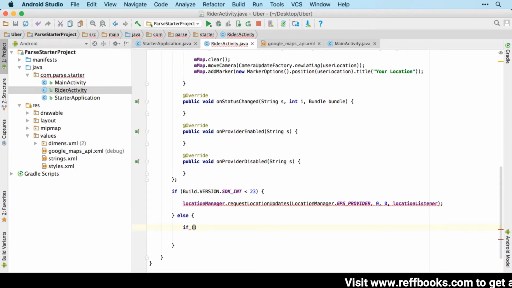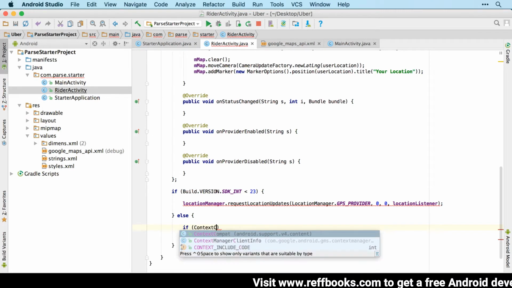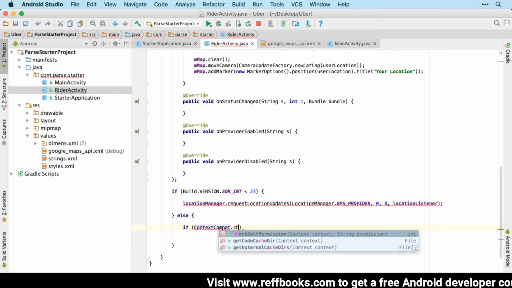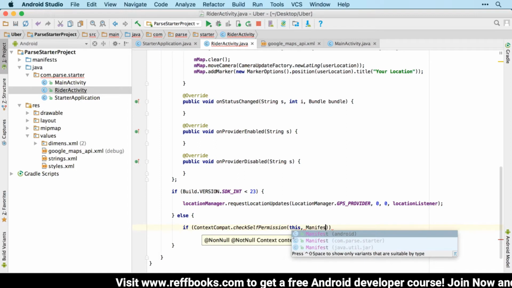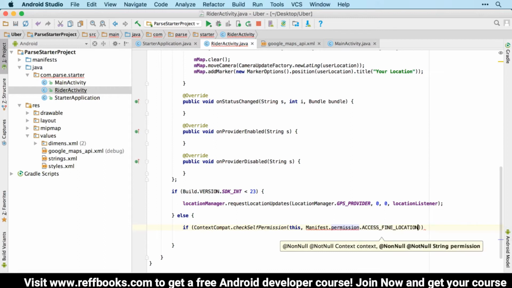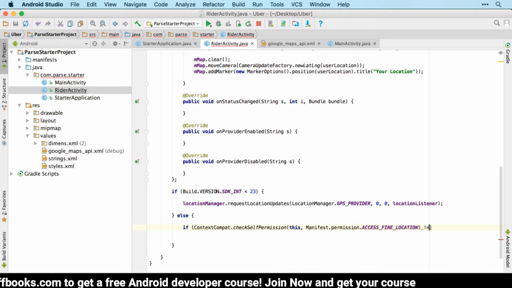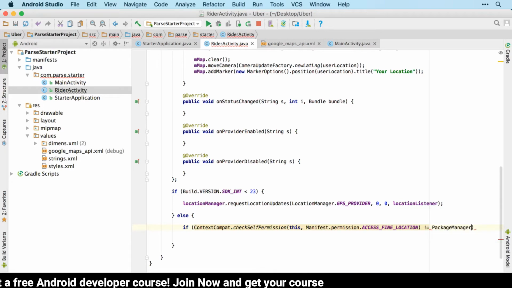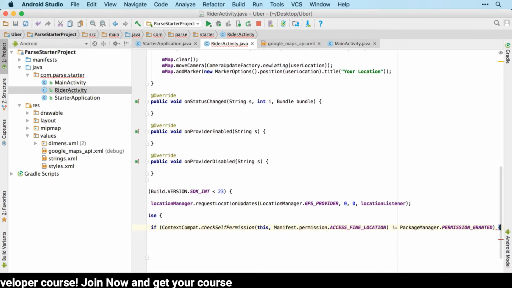So we'll check to see if we already have this permission. So we look for context compat.check self permission, and we're checking for this activity to see if it has manifest.permission.access fine location. So we want to see if that is not equal to package manager.permission granted. So if that's the case, we don't have permission,